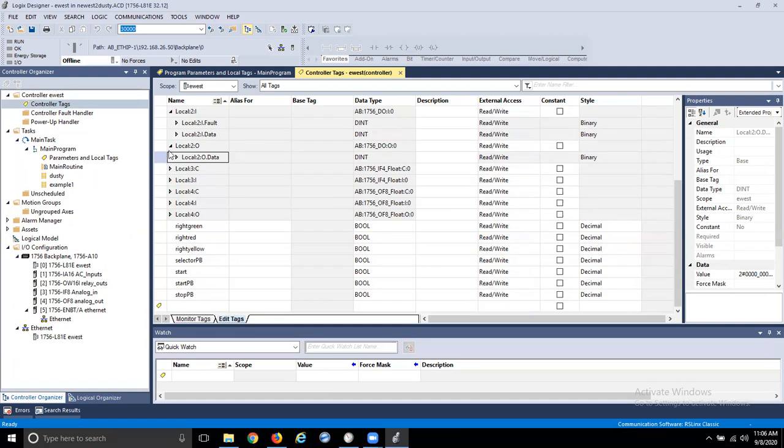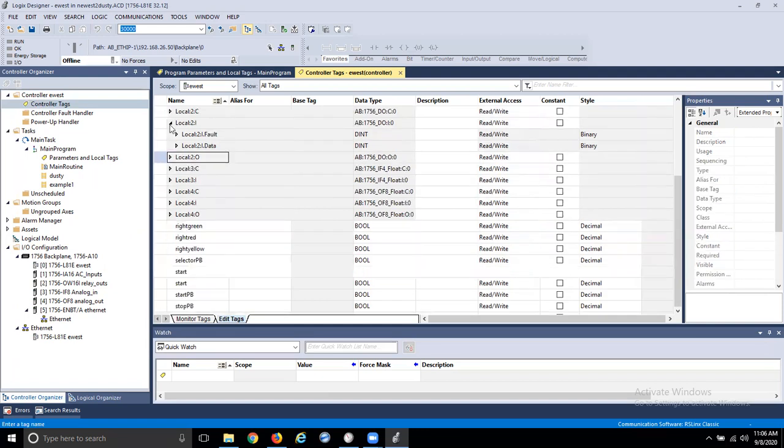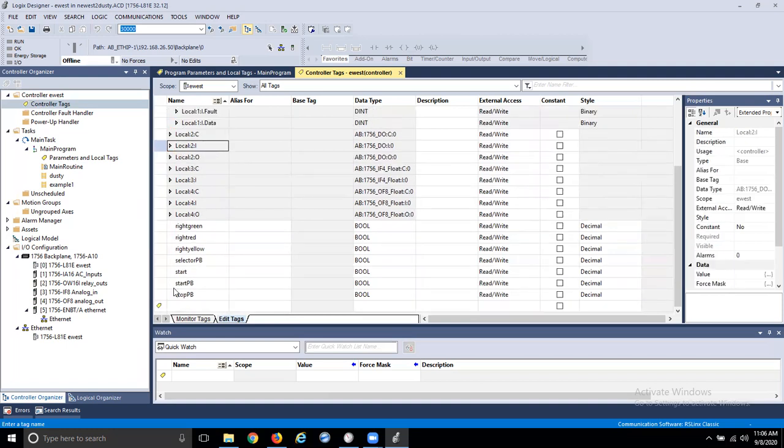What other cards do I have here? So I was trying to get it up there. All right, card 3 is an analog input card. Card 4, or slot 4, starts at 0. Slot 4 is an analog output card. Slot 5 is an Ethernet card. So my analog output card,